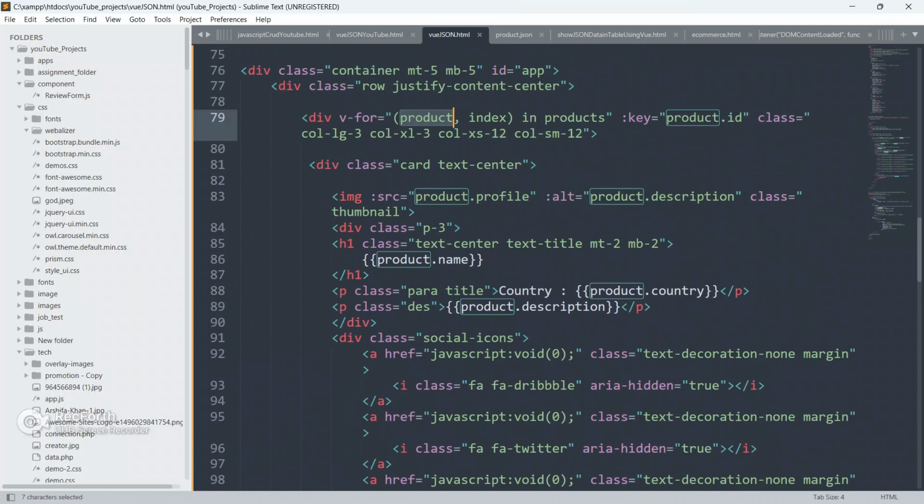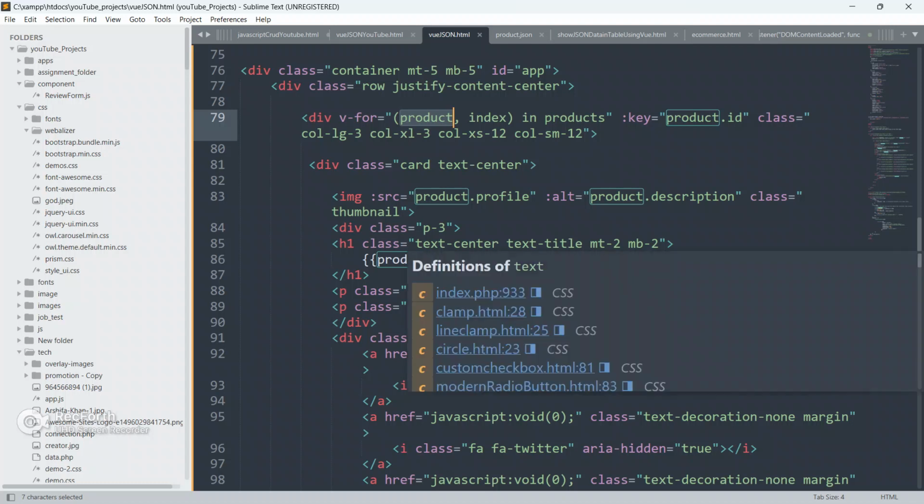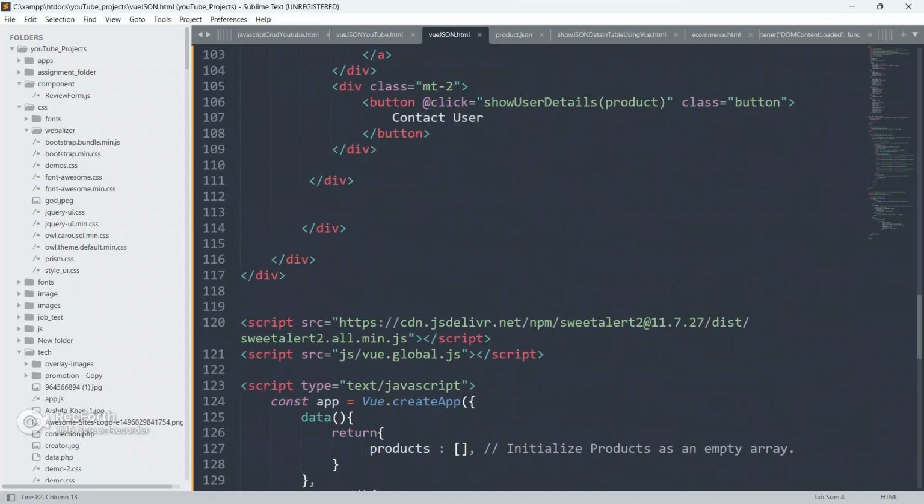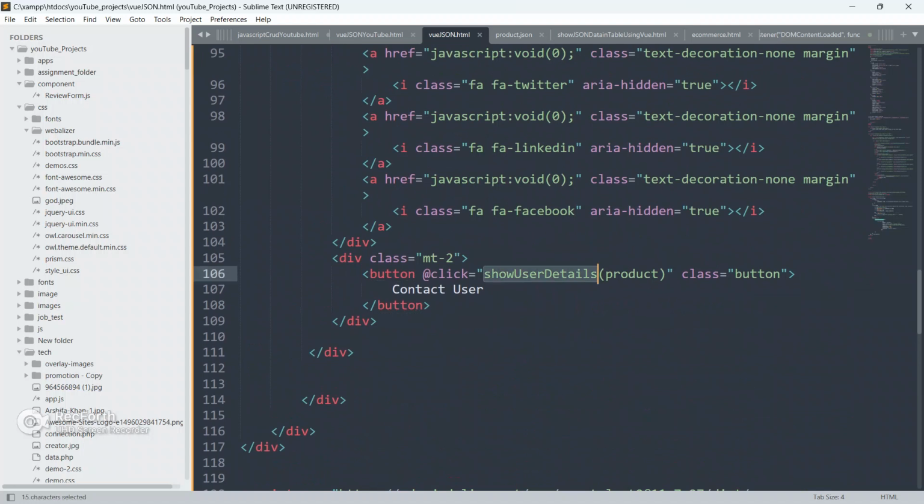As you can see, this product is the object inside this project. I'm going to pass this entire object into the function showUserDetails.